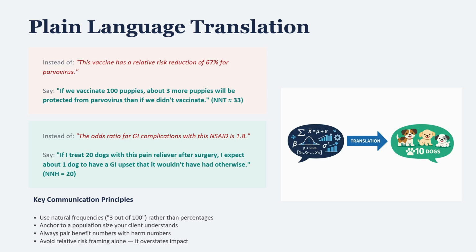Then let them weigh those numbers against the cost of the intervention. That conversation, benefit, harm, cost, in concrete numbers, is what evidence-based clinical practice looks like. NNT and NNH are the tools that make it possible. We'll return to risk communication in depth in Unit 8, including framing effects, visual aids, and how the way you present numbers changes the way